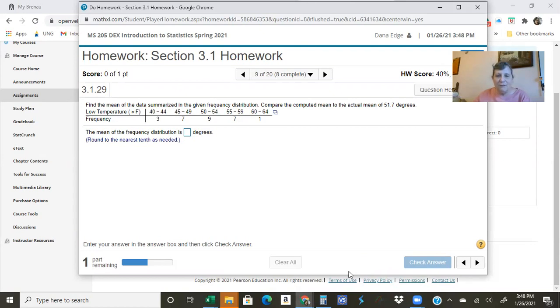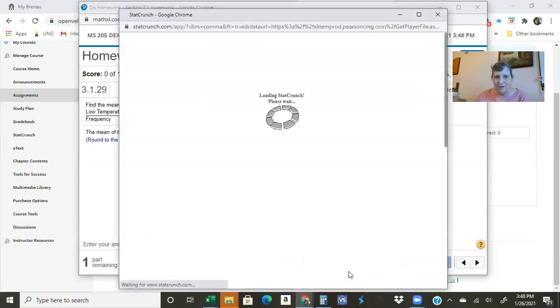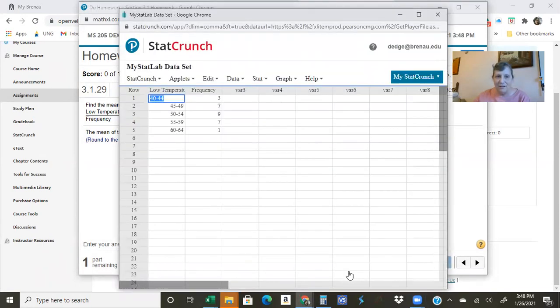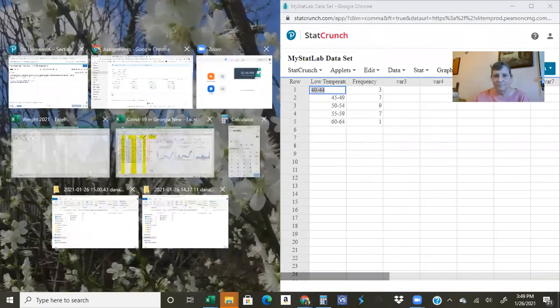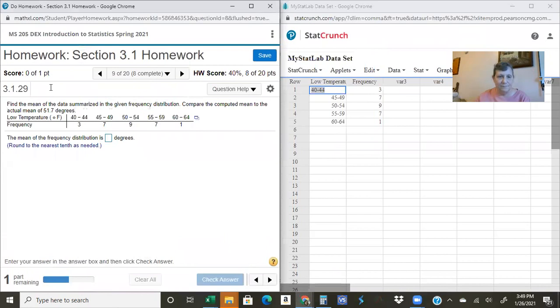When we look at a frequency distribution, we no longer have the raw data. See, even if I click on this and open it in StatCrunch, this is going to give me the classes over here and then the frequencies, and we don't have the raw data. So what we do is we estimate what the raw data is by using the midpoints of each of our classes. So here,